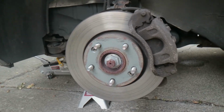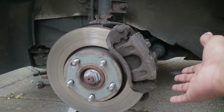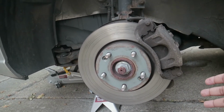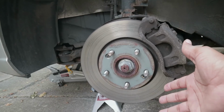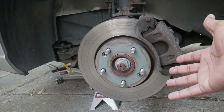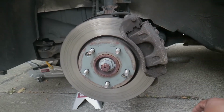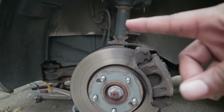Alright, so now that we got our wheel taken off, we have our caliper bracket, our rotor, everything is nice and exposed. And as you can see, it's pretty dirty. Honestly, could be worse, but pretty dirty. So now we can start taking all this off and replace everything. But first,